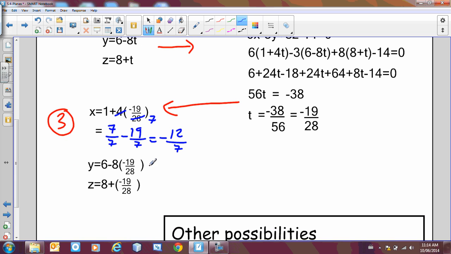If I try to solve these, simplify again a little bit, divide both by 4, and now I'm going to have 42/7, and negative 2 times negative 19 is plus 38/7, which is